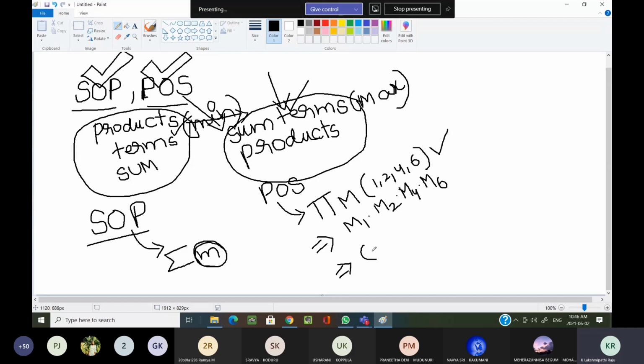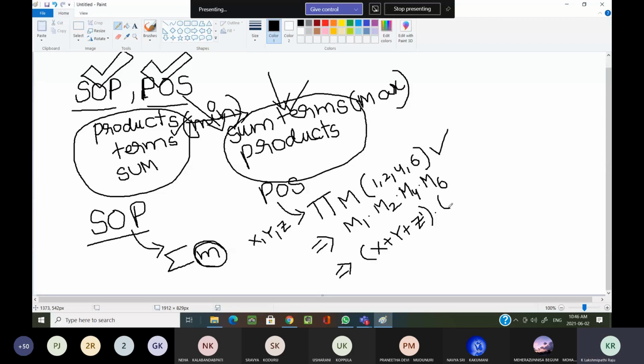A plus B plus C dash. Suppose I now consider my function having XYZ variables. X plus Y plus Z dash. Very good. Everyone, are you following what we are writing on my screen? I hope you are understanding. If you are not understanding, let me know. I can clarify your doubts. Please let me know if you are having any doubts.